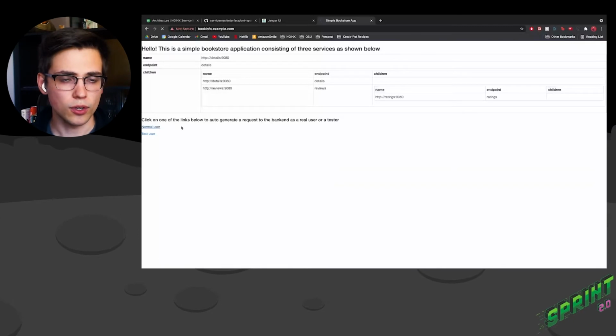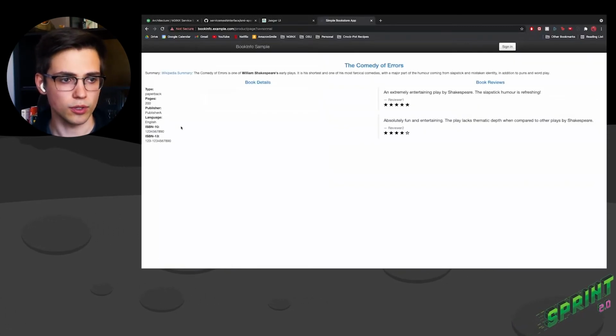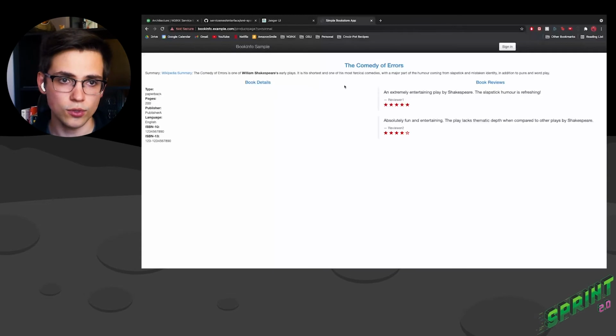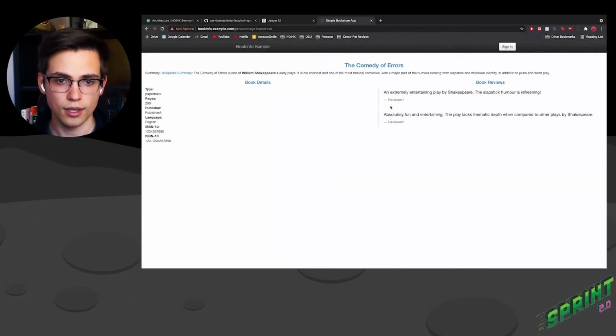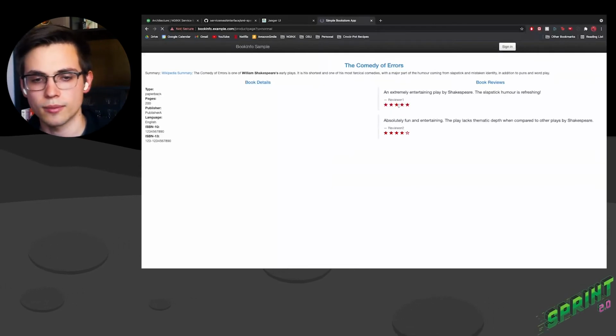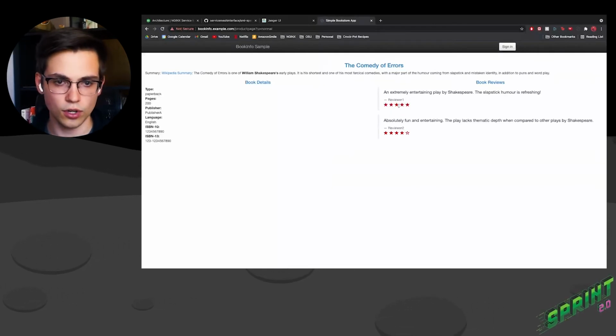So we are going to route using a normal user to the actual bulk of the product page functionality. And as you can see, there's the bookinfo details. We have the reviews service, as well as this ratings service. And this ratings service has 3 different displays, 2 with stars and then 1 without.